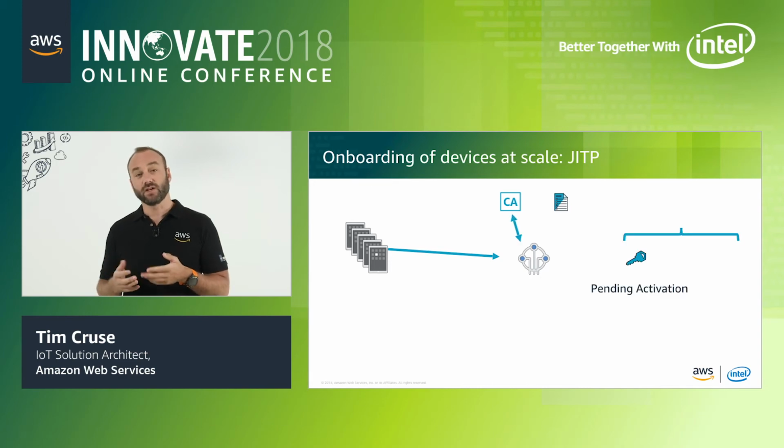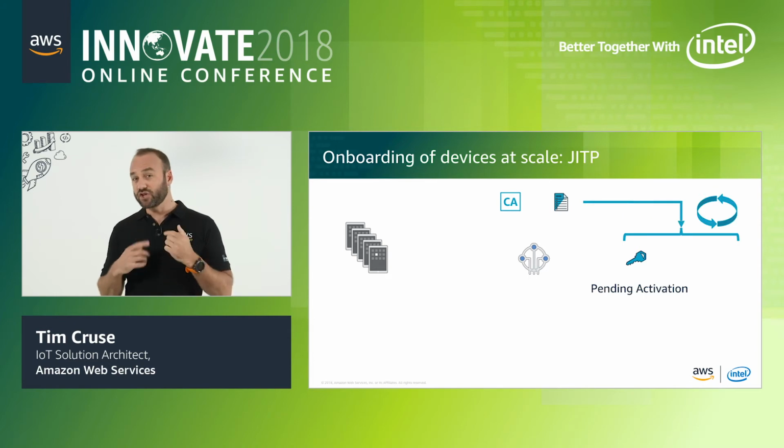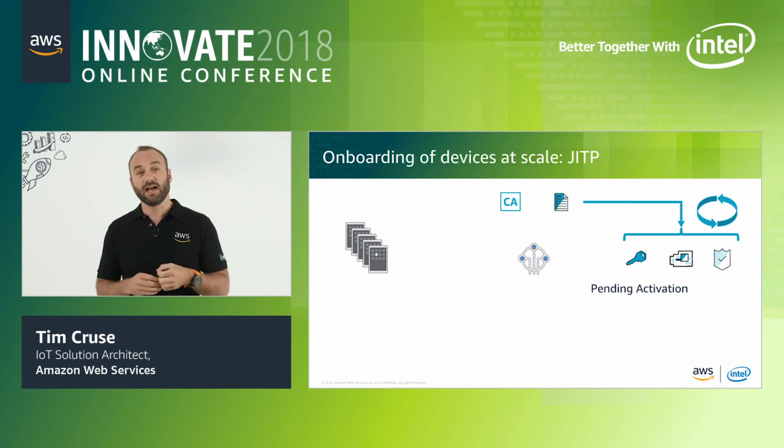The incoming connection is authorized, and the certificate making that connection gets checked against your custom CA. If the incoming certificate was signed by your custom CA, then it is one of your devices. The certificate is added to the AWS IoT Core and is given the pending activation state. This will trigger the provisioning process. Your pre-configured registration template gets executed. Effectively provisioning into AWS IoT Core the thing and attaching the certificate to that thing, as well as a policy